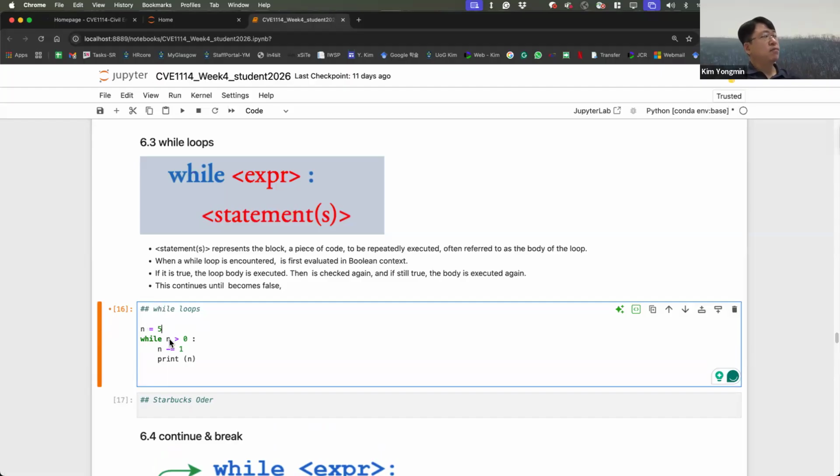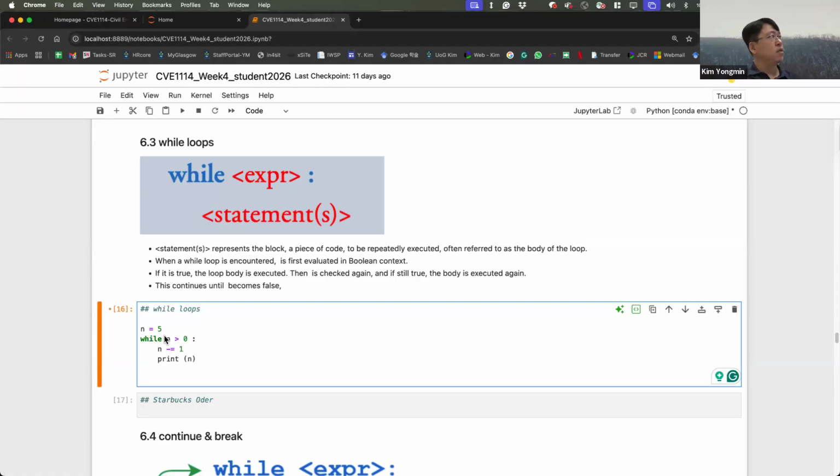n goes to here. 5 is greater than 0. Yes, true. And n will be decremented. Then print out 4, right? And then it goes to the while loop expression. Now n is 4, greater than 0. So n became 3 and prints out 3.